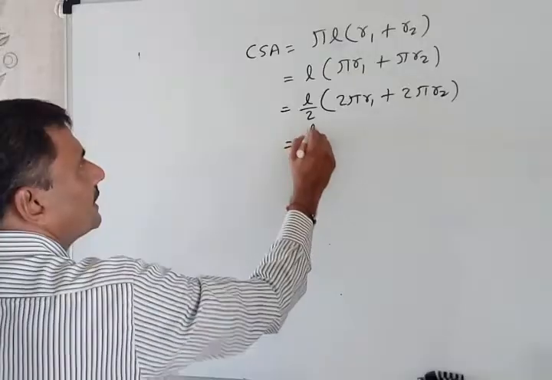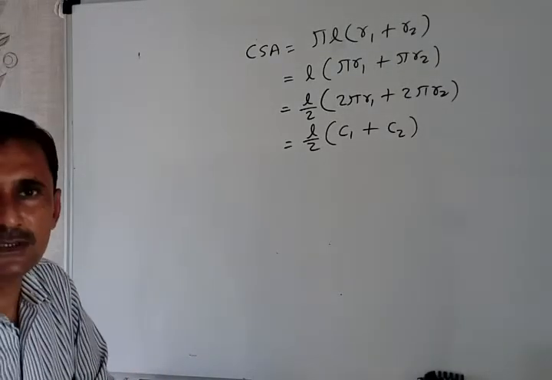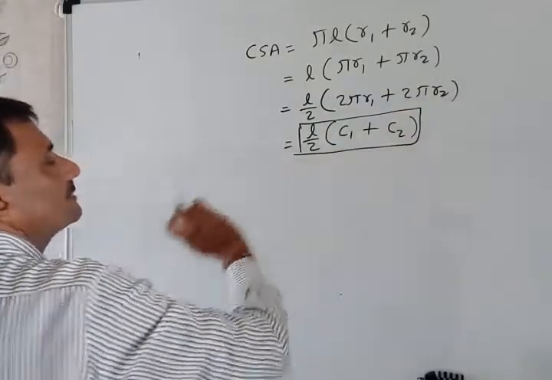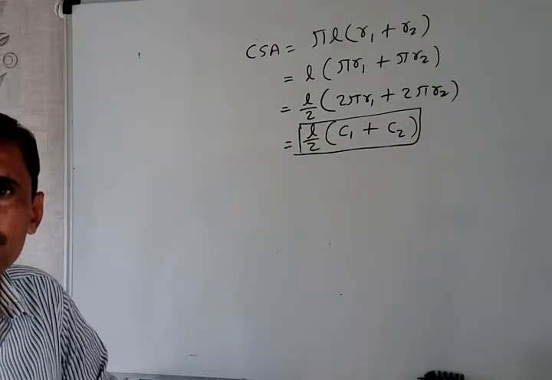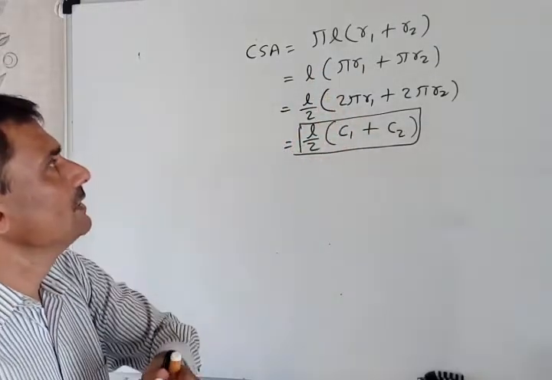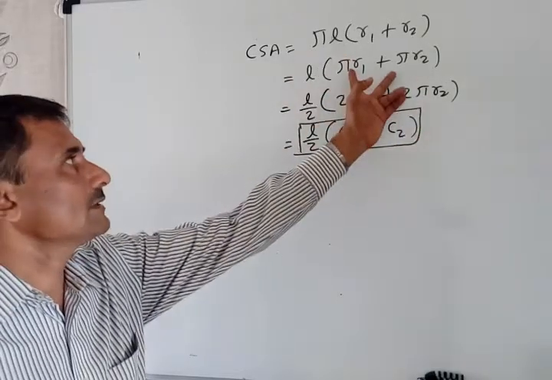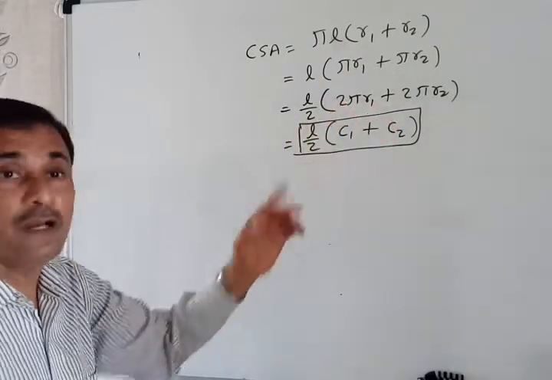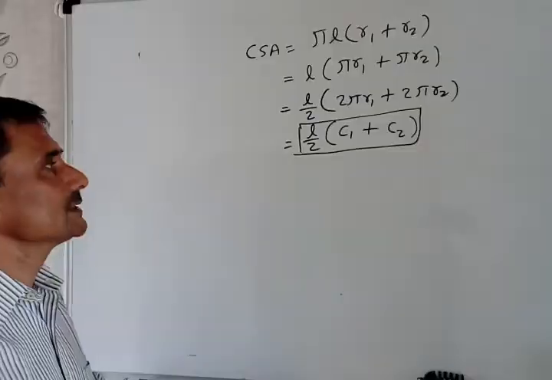Okay, so here it becomes C1 plus C2, meaning circumference 1 plus circumference 2. So you can remember this formula also, no need to derive here, that step is not compulsory to show. Directly you can write this formula also. But even then, how I derived it in terms of circumference: I shifted pi inside of the bracket, so both terms are multiplied by pi, then I multiply by 2, but I cannot multiply by 2 only, I have to divide by 2 also. So I divide by 2 also and multiply, so I get the circumference term here.